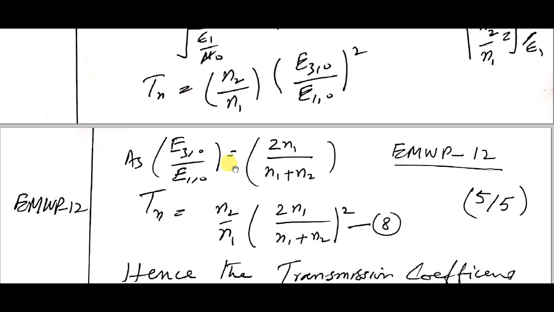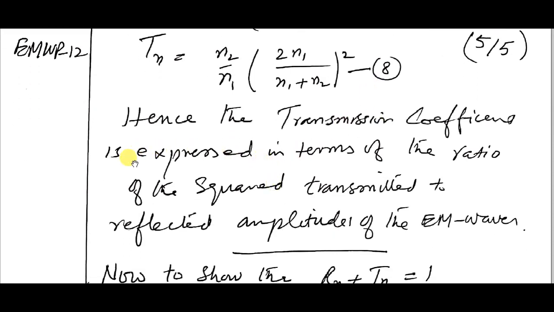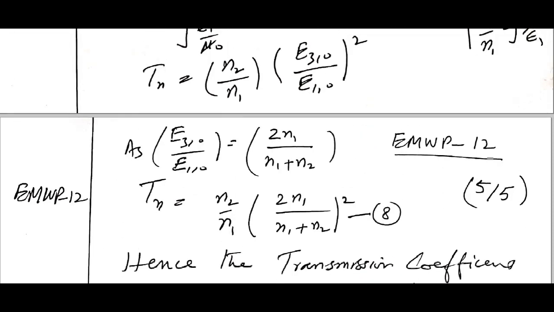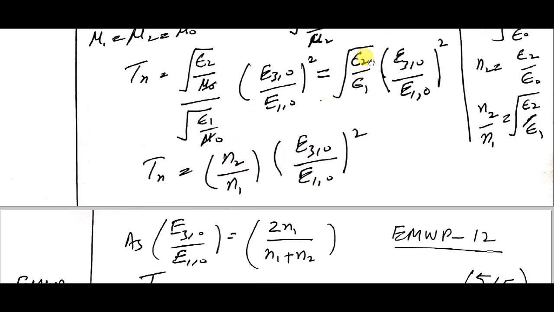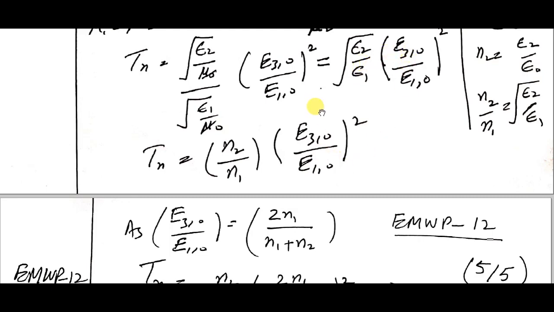Now, since we have both these terms, we can put E3 0 to E1 0 from our previous topic, reflection and refraction, which is equal to 2n1 by n1 plus n2. The transmission coefficient is equal to n2 over n1 into 2n1 by n1 plus n2, whole square, equation number 8. Hence the transmission coefficient is expressed in terms of the ratio of the squared transmitted to incident amplitudes of the electromagnetic waves. Obviously there is also a multiplying factor, the permittivity ratio epsilon 2 to epsilon 1, but these are constants, so the only thing we are dealing with is the amplitudes